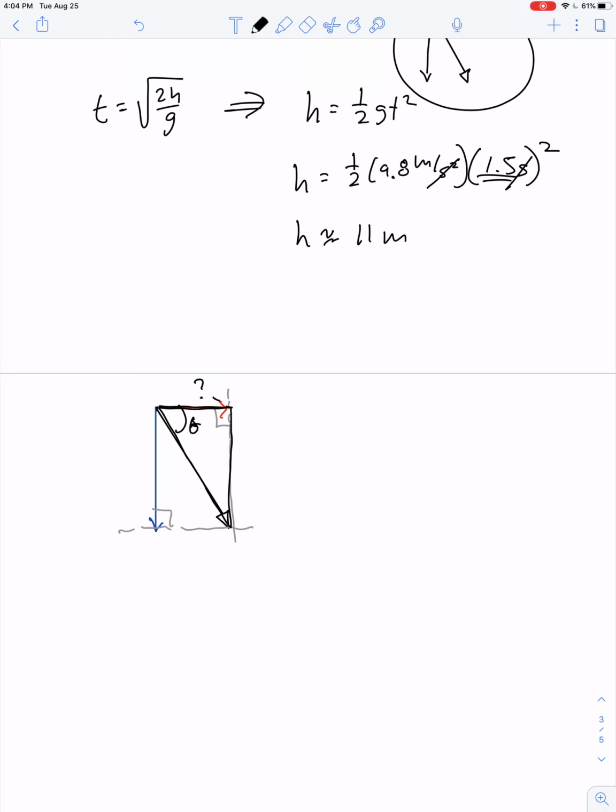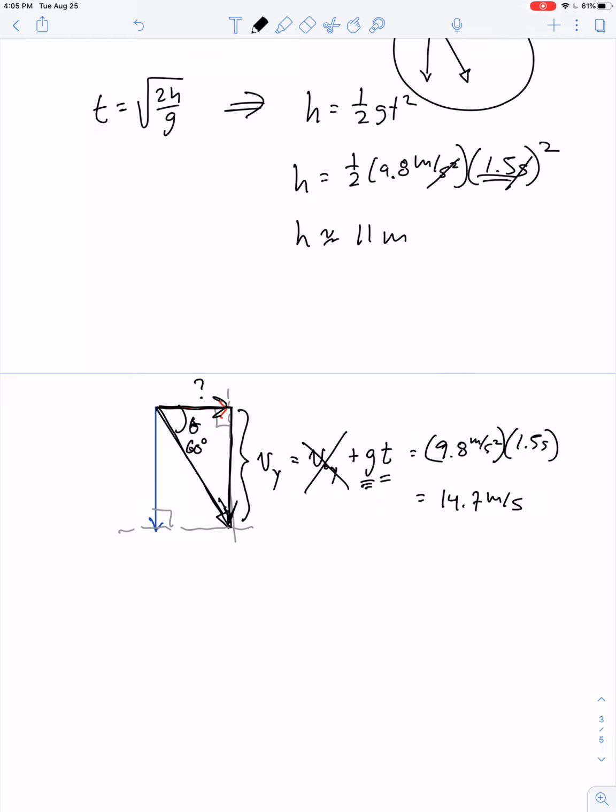We're trying to find this side that would represent the horizontal velocity. We should be able to figure out this side right here, okay? That's the vertical velocity at impact. And that should be equal to the initial vertical velocity plus acceleration due to gravity multiplied by time. So the initial vertical velocity is 0, so that just means we need to multiply 9.8 times 1.5. 9.8 meters per second squared times 1.5 seconds, and that gives us a value of 14.7